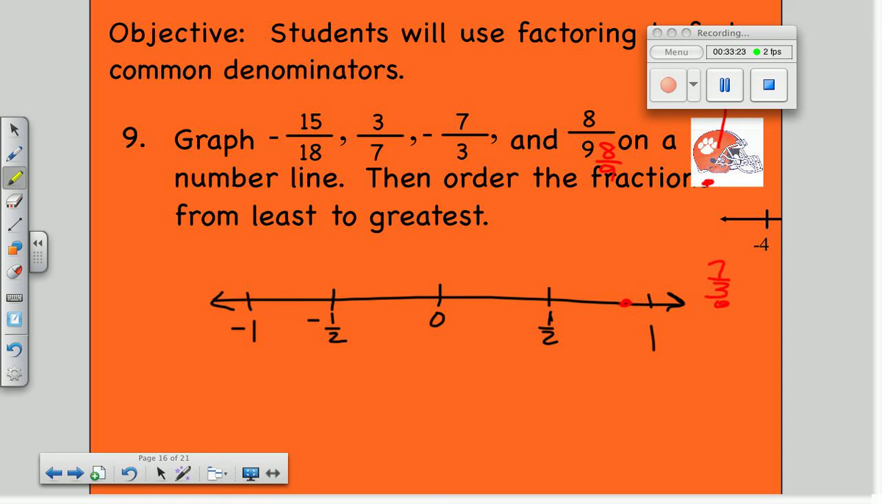But it's negative. Sorry, somebody's knocking at the door and it's distracting me. 7/3 is going to be way over here, sorry. 7/3. And